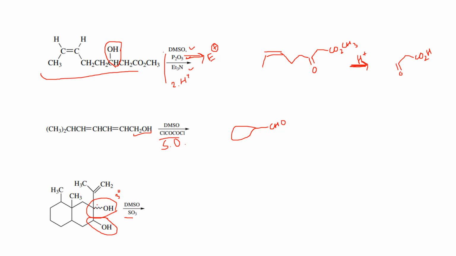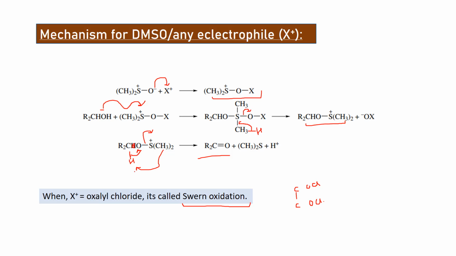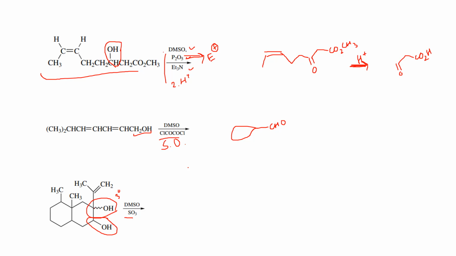There is no such proton available here to be removed. In your mechanism you have seen you need at least one proton here to get removed, to carry forward the last step of the oxidation. But in the case of 3 degree there is no such proton, but if this is 2 degree, there is a proton available here. So this part will be oxidized and will give us this as our product.